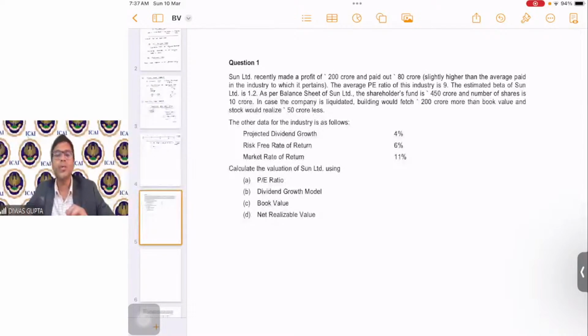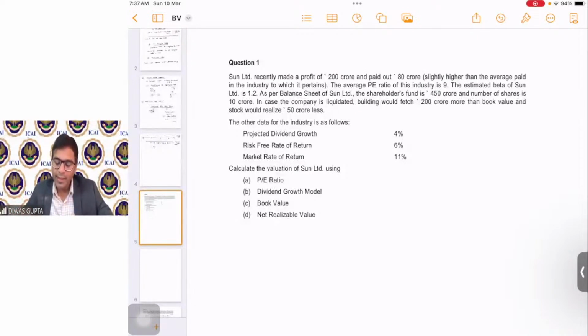Now let's come to the question, students. Sun Limited. This is question number 1 from the assignment that has been uploaded. Now one word of caution, students. These questions have a lot of information. These give you a lot of data points, right? Because there are multiple methods involved, and multiple inputs that go into those methods. So we need to understand which input will be used in which method. We have to clearly dissect the information in such a manner that we don't create complexity. We have to keep things simple.